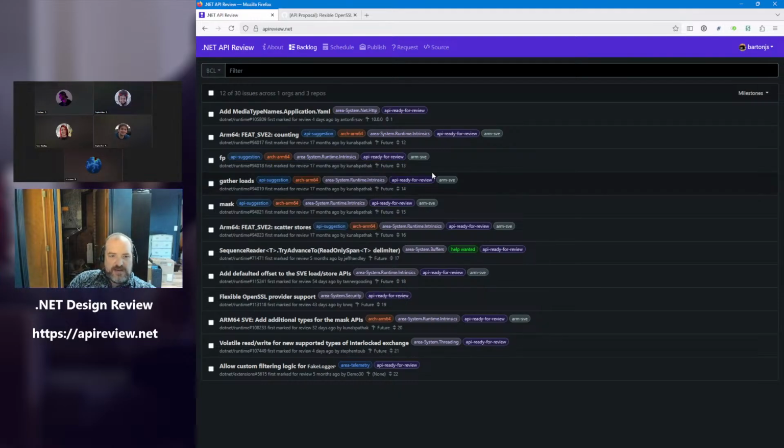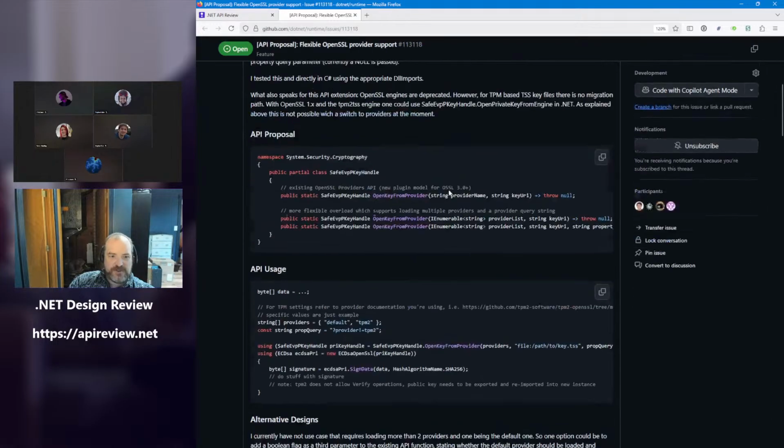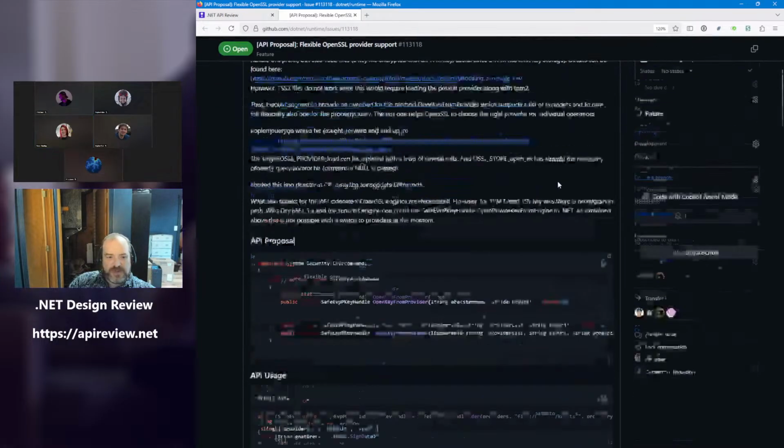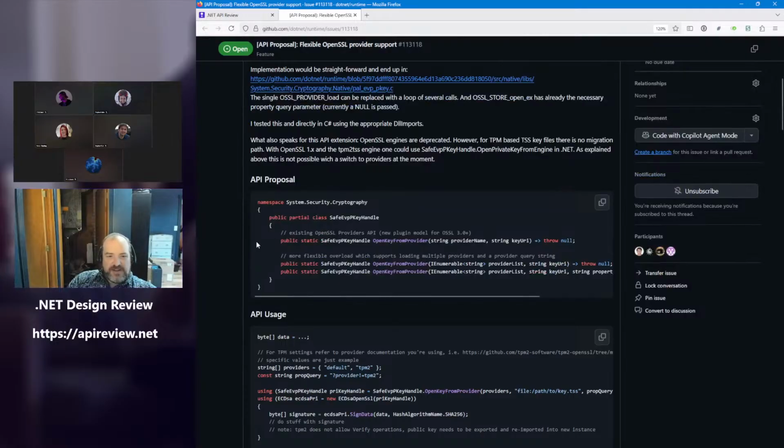Okay, that gets us back to caught up on 10. And I'll start with the first thing from future. This is flexible OpenSSL provider support, 113.118. In a previous version, we added SafeEvpPKeyHandle.OpenKeyFromProvider,